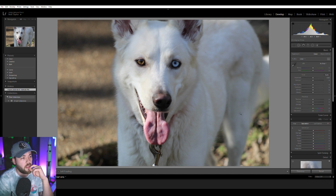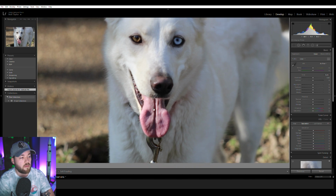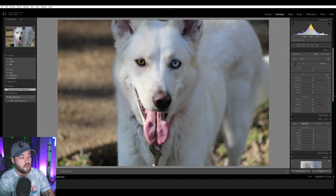1/1250th of a second. I would have guessed 1/250th of a second. I'm surprised that there's this much motion blur in this. He must have been walking pretty fast or running. But so